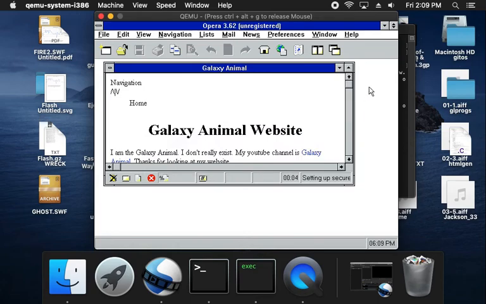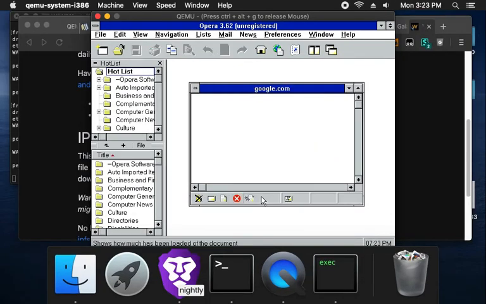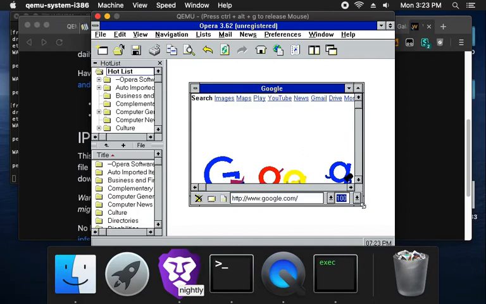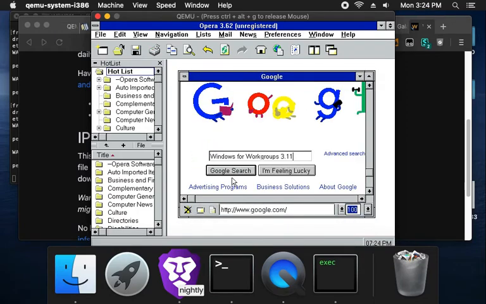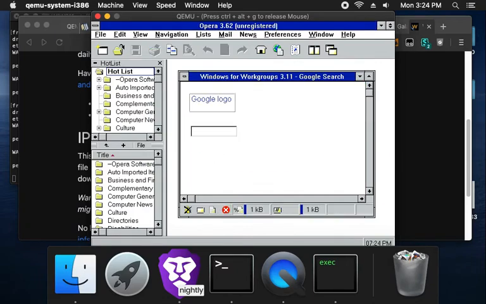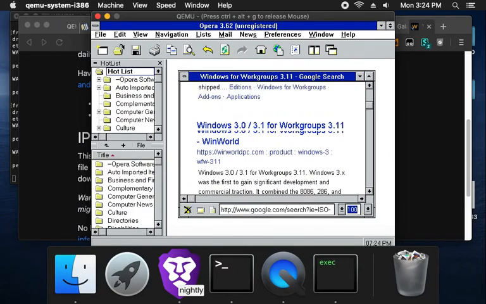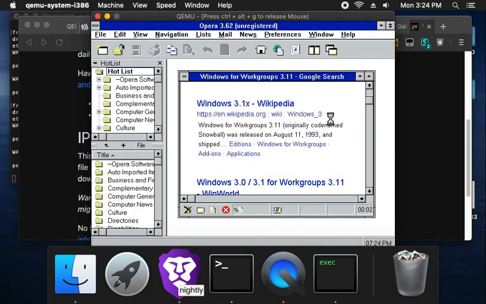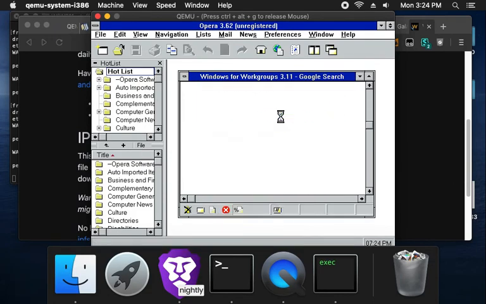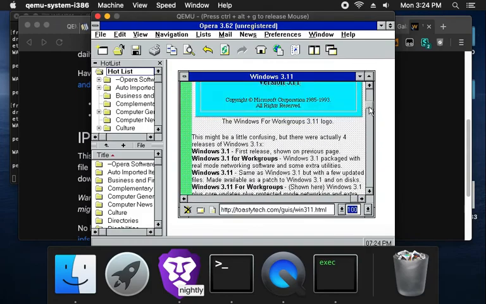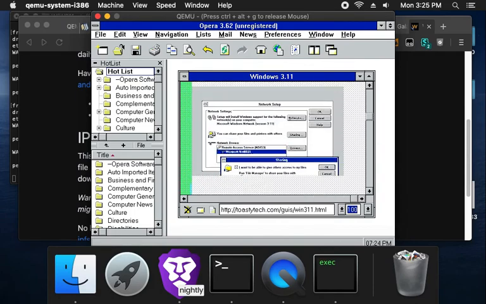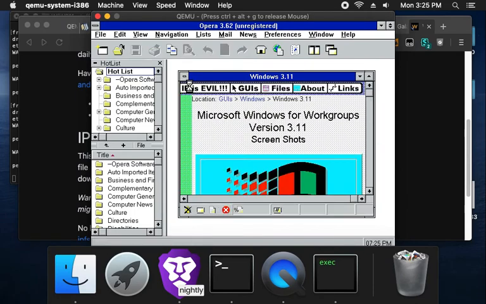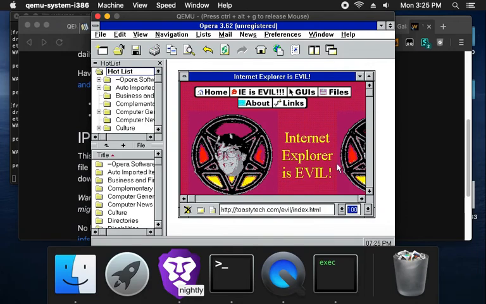See if we can load YouTube. Nope. Anyway, let's try google.com. Let's try that. Let's try Wikipedia. Nope, it doesn't like Wikipedia either. Oh look, that's displaying entirely without dithering because it's that much color. Internet Explorer is evil. Oh look at this ugly looking picture of